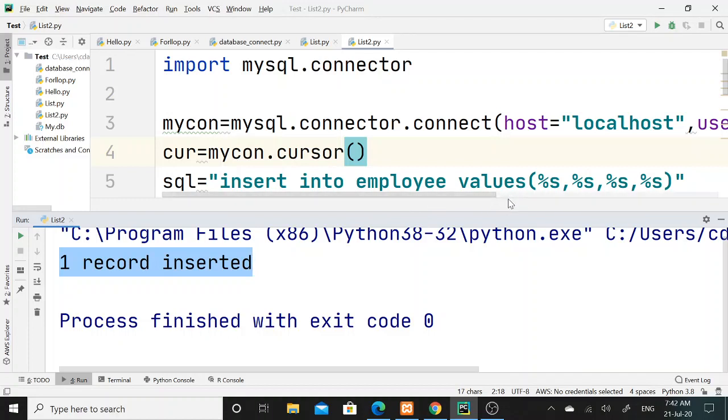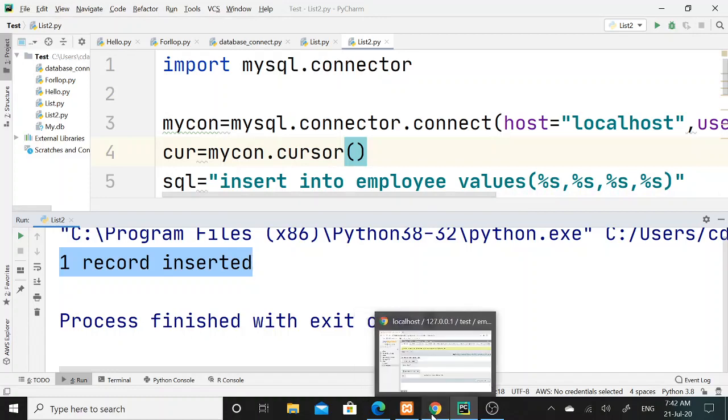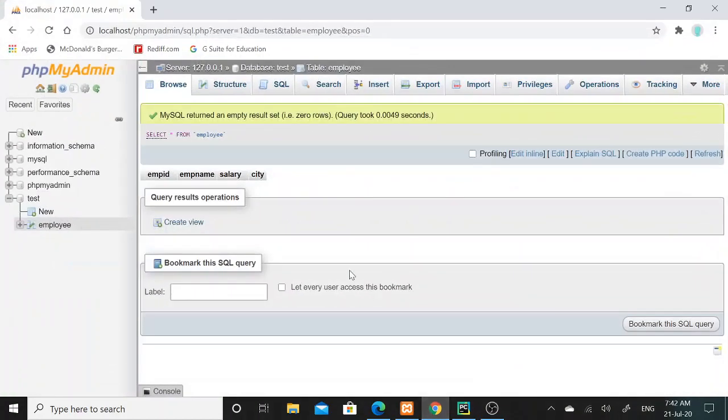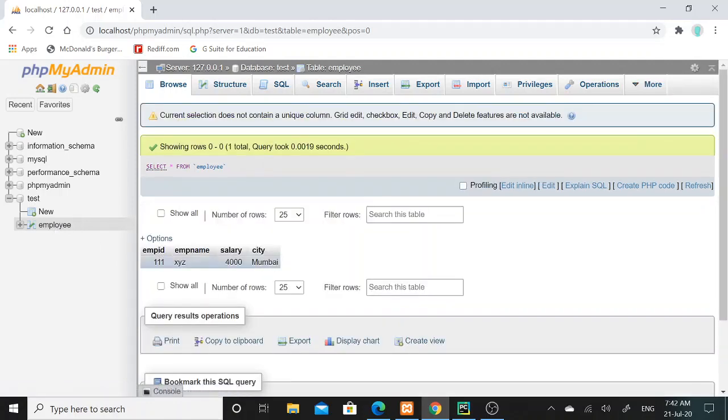And to see the output, I will open the employee table which is present in the test database. So this is the test database and this is the employee table. I will simply click on that. Here you can see employee ID 111, employee name XYZ, 4000 salary, and city name Mumbai. So this row has been inserted into the employee table.